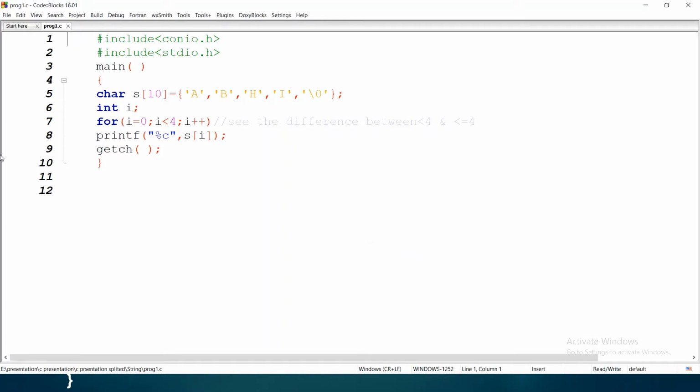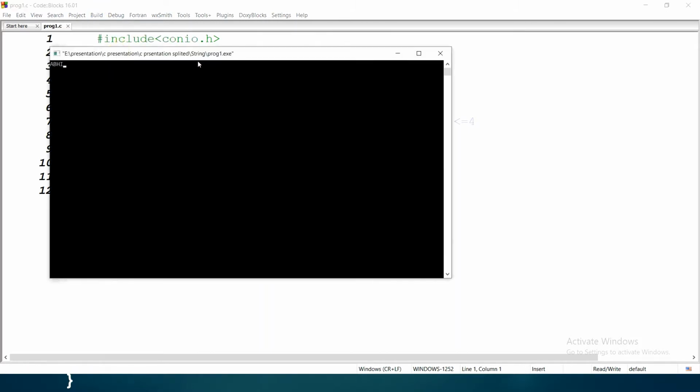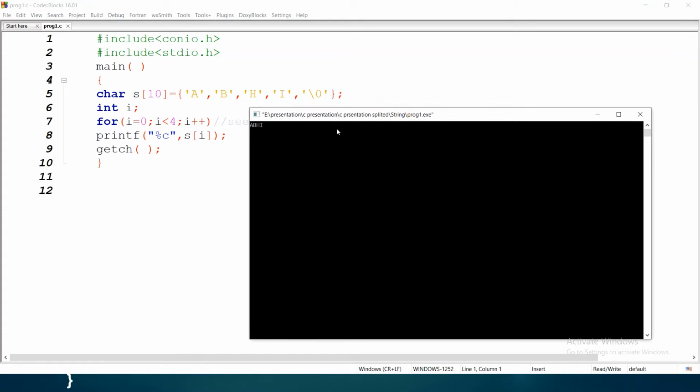So see here, this is our program. When I run the program, it will print OV. Now see where our cursor is. The cursor is after V, it is blinking.